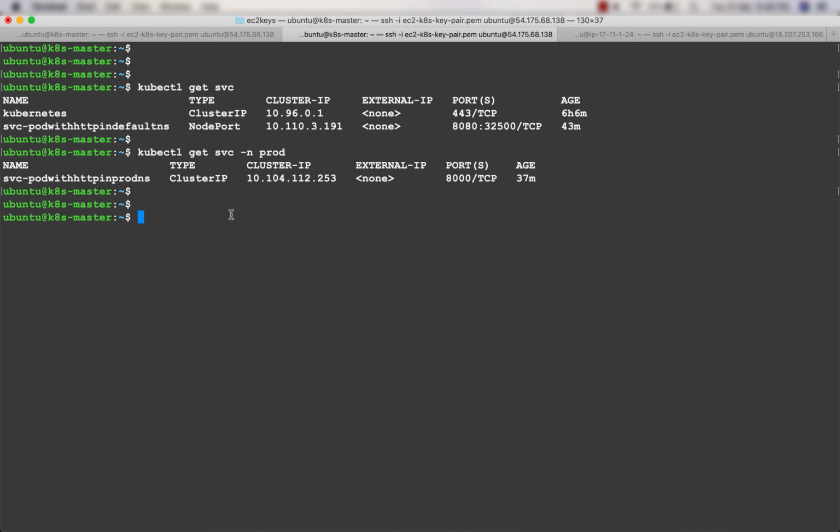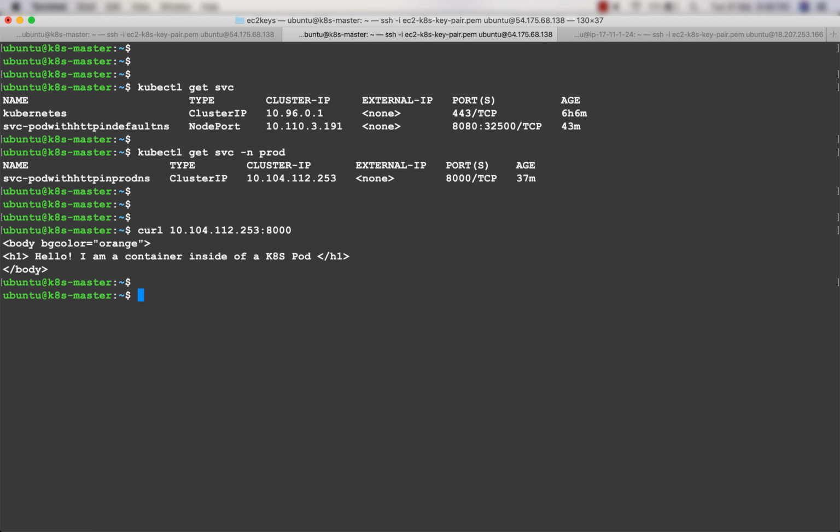Now I'm inside of the cluster. Let's use the cluster IP address to communicate to the pod in the prod namespace, and I'll have to use this port number, and I am able to get the output. So as you can see, there is no isolation of the pods. Every pod can communicate to the other pod. Also, we were able to communicate with the pod from the outside world, which had a service type of node port. So now let us go ahead and create the network policy.